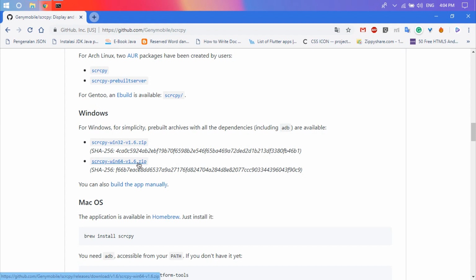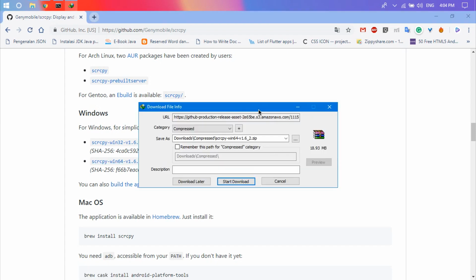Because my Windows is a 64-bit system, I need to download scrcpy-win64. Just press here, and as we can see here, the download file of about 18.93 MB just started downloading.